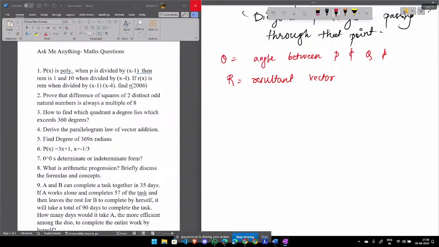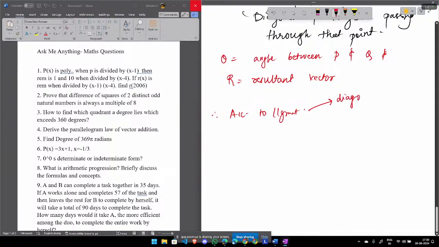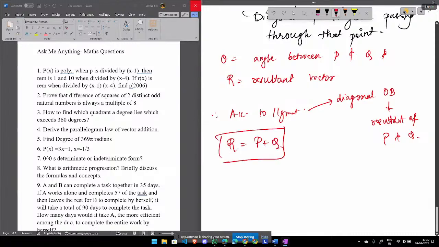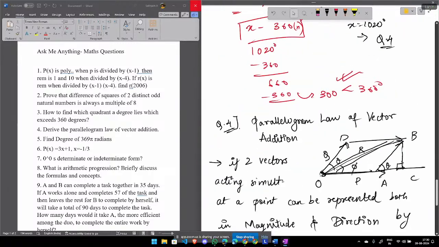Now what happens is, according to my parallelogram law, the diagonal OB represents the resultant of P and Q. Resultant of P and Q. So what do we have? We have R is equal to P plus Q. Okay. Now what we'll do is कि ये जब हमने नॉर्मल बेसिक सा डायग्राम बना दिया था,